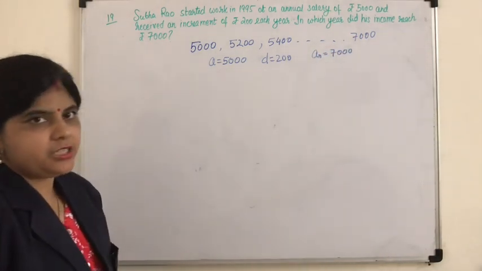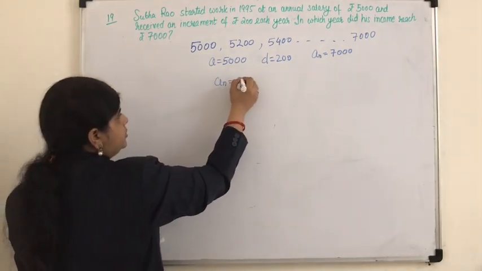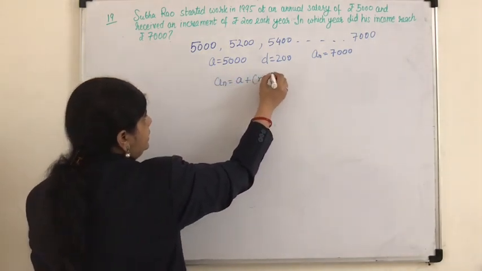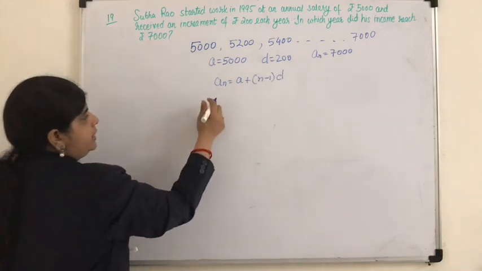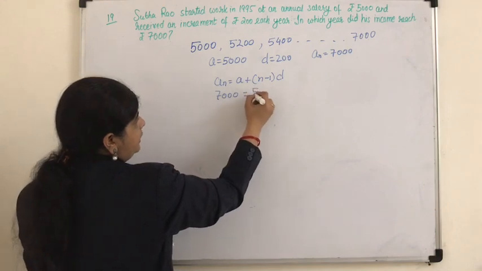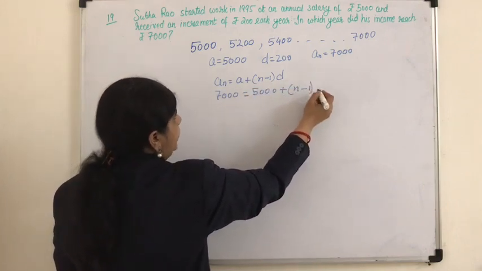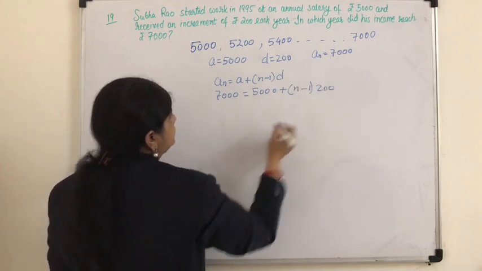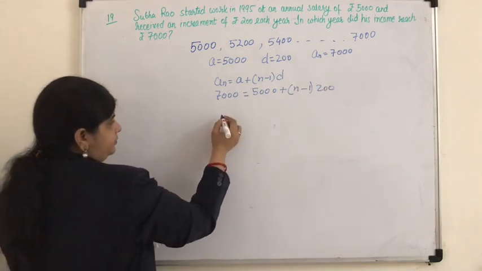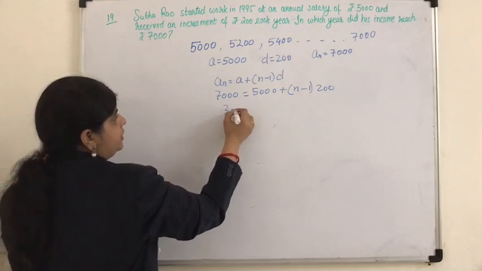So AN is given as 7,000, right? So we can use the general formula. What is the general formula? We know the formula is AN is equal to A plus n minus 1 into D. What is AN? AN is 7,000 is equal to A, 5,000, plus n we need to find out, and D value is 200. So 7,000 minus 5,000,